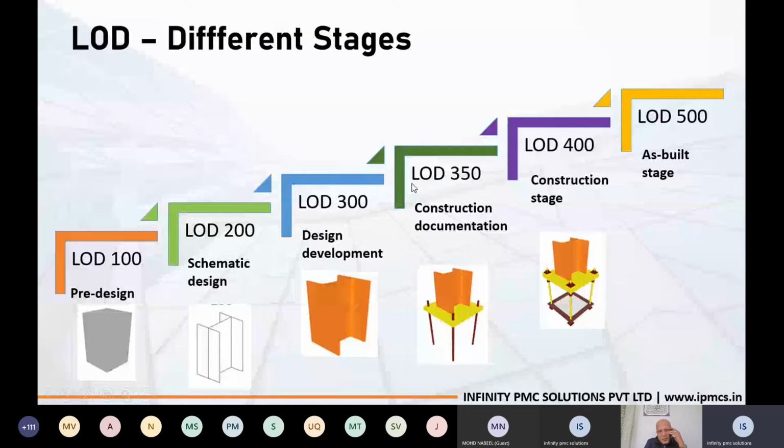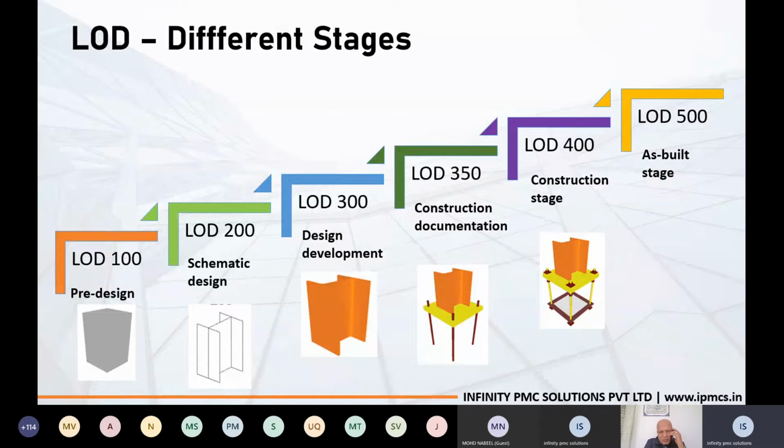Next, when we move forward, this is LOD 350, where we can include our construction documentation. Here you can see the difference between these two models, right? Further develops LOD 400, which is at the construction stage. And finally, as our project goes on, we can also build an as-built model, called the LOD 500 model. In Costex, it is preferable to use the LOD 300 model, which will ease our time, quantity takeoff and preparation of estimates.